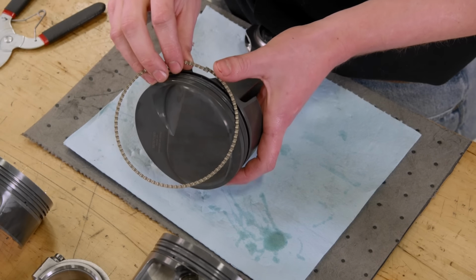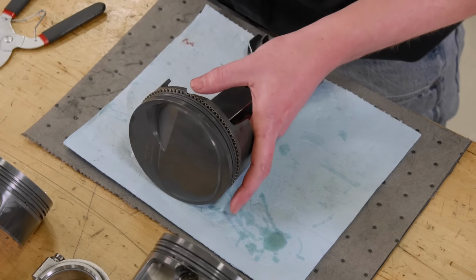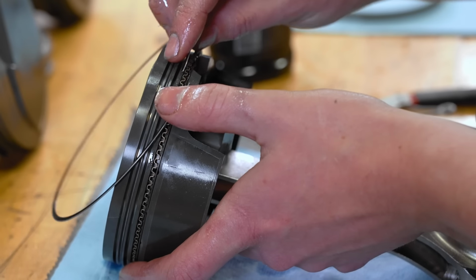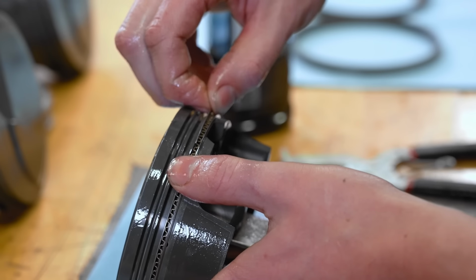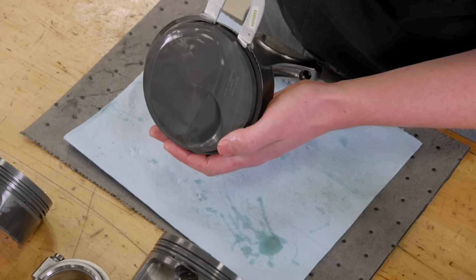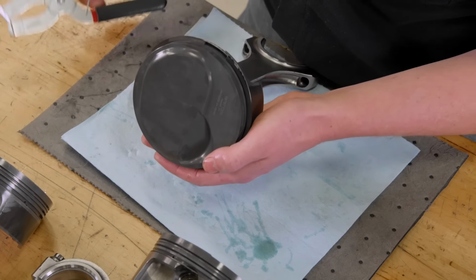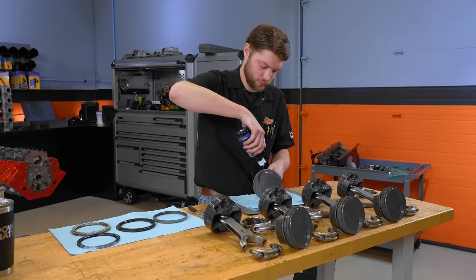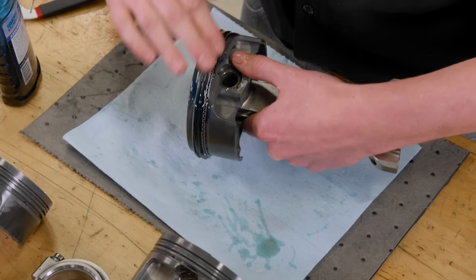When installing the piston rings, we start at the bottom and work our way up. So with the support rail already installed, we can put on the oil ring expander first and then the oil control rings by hand. Then the second ring and the top ring can be installed using this Goodson ring expander. This helps evenly apply pressure to the ring and prevents twisting or bending the ring trying to install them by hand. The rings also receive a decent amount of Total Seal assembly lube to help protect them during assembly and